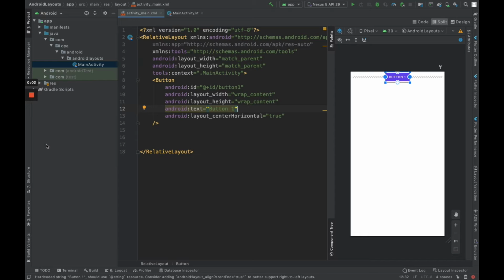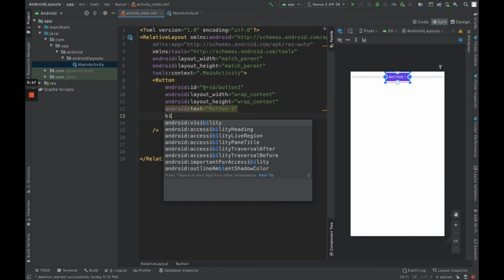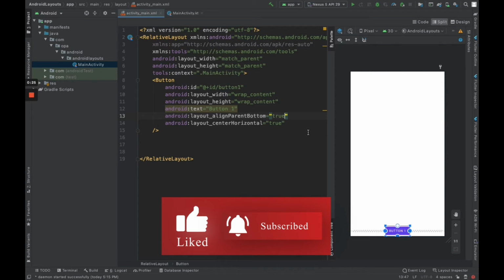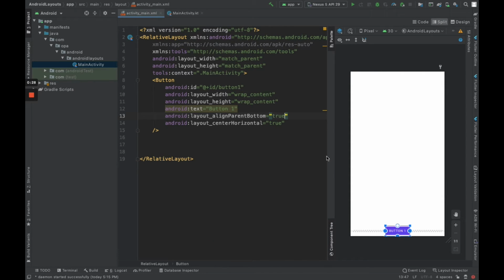Here you can see we have button 1. So when we want to place our button in the bottom of our parent, we simply add the align bottom attribute and pass the boolean value true. So you can see our button is placed in the bottom of our parent, and when we want to place it in the top of our parent, simply change bottom to top, and you can see our button is placed